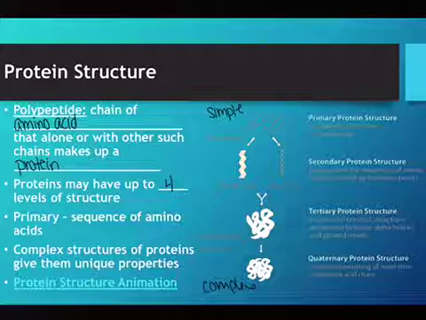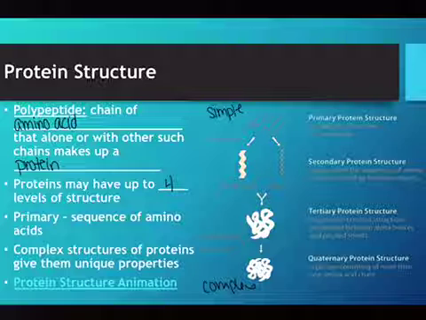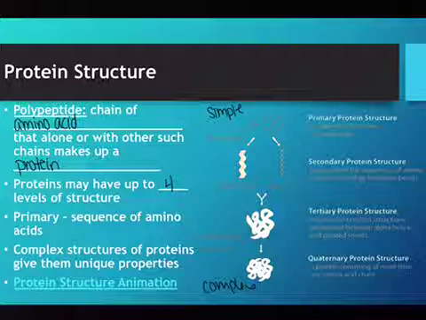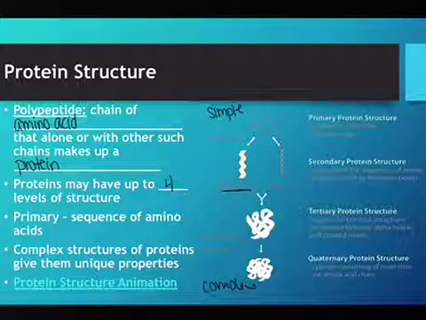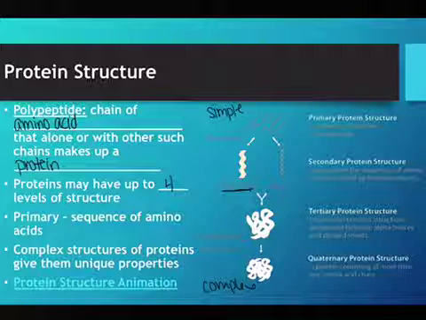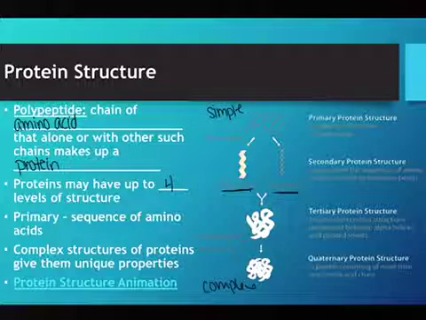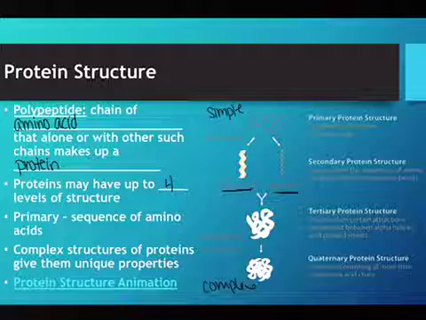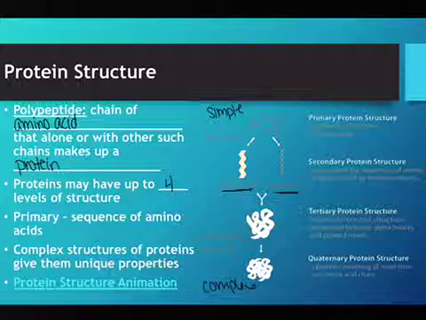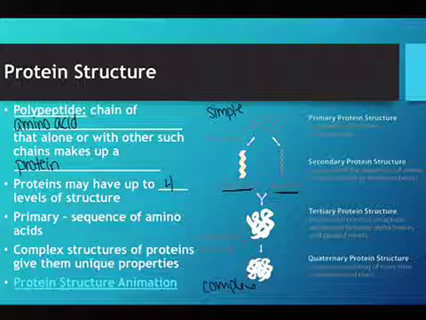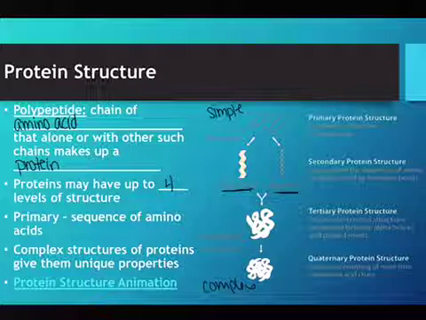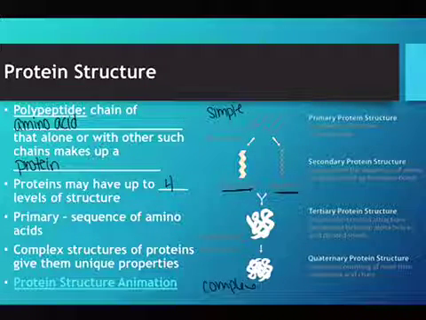If we look at the diagram, we'll notice that the secondary structure can have one of 2 forms. It can have the pleated sheets form, or it can have the helix. And so the pleated sheets, I kind of think of folding the paper back and forth, and we get that accordion style fold. And then a helix just has a twist.